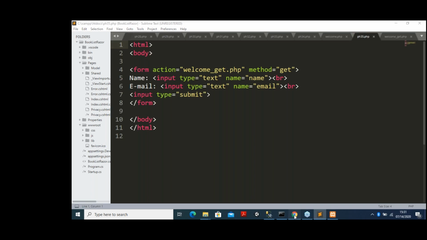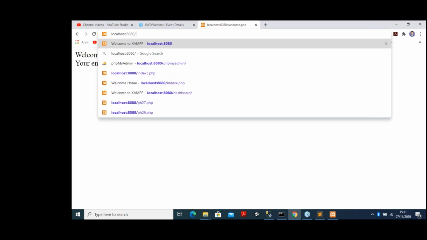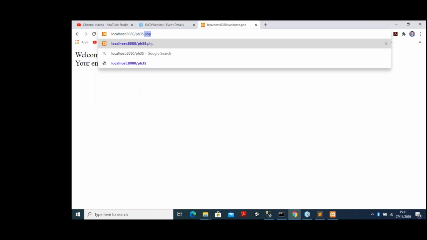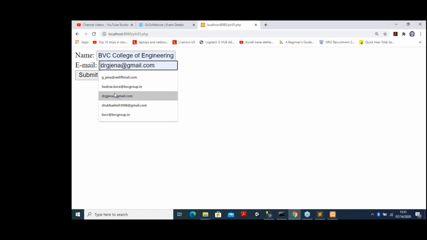So I am writing 35.php. Okay. Same thing I am typing here as name, VVC Engineering College, and the password, something like that.